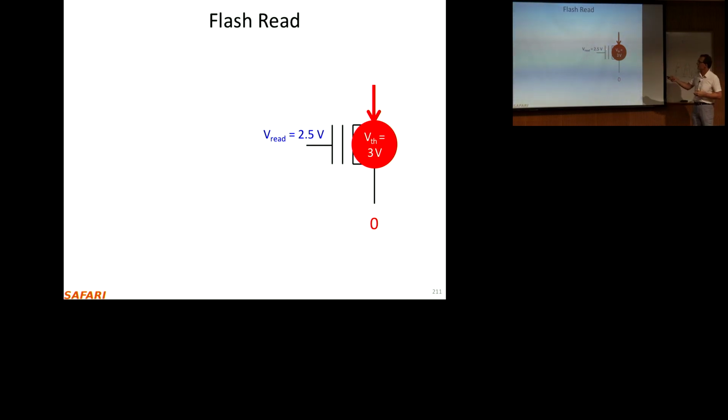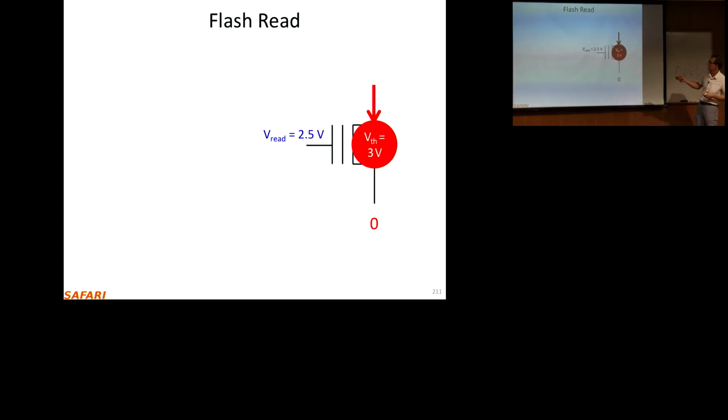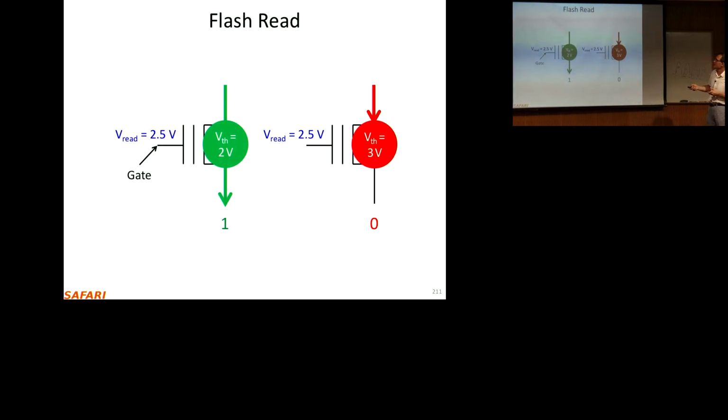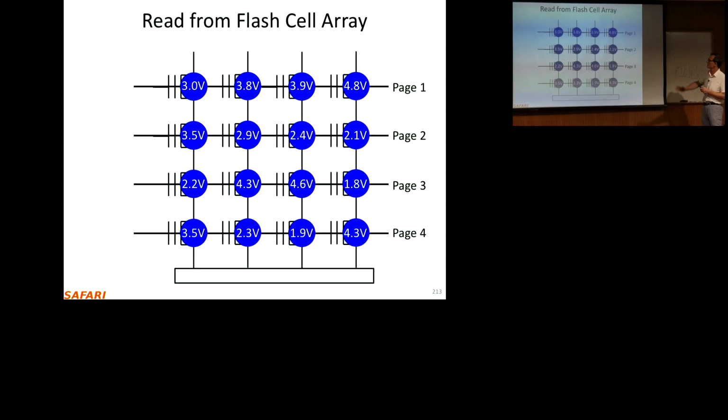And if you want to access the data, you apply a read voltage, like this. Okay, let's do the reading. If you want to not read what's in the flash cell, you apply a pass-through voltage. Basically, you want to pass whatever comes from the top. You apply a high enough voltage that's greater than everything else over here, and that ensures that the cells that are not being read pass the data down. That's the idea. So let's take a look at an example.